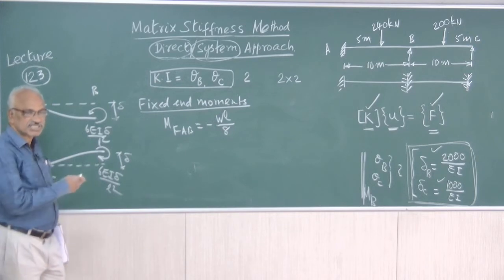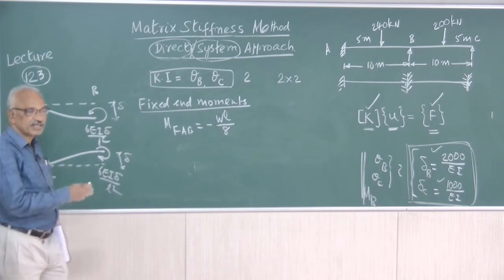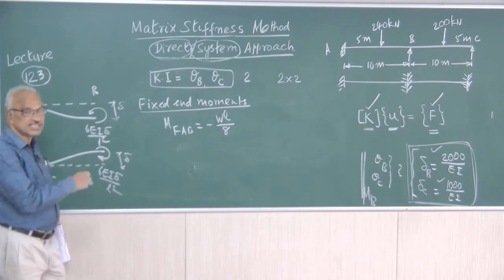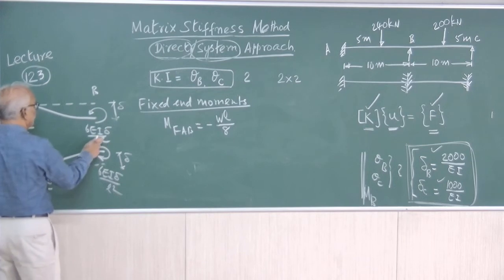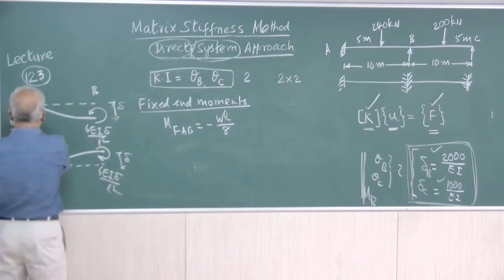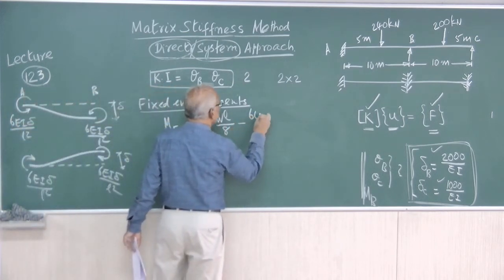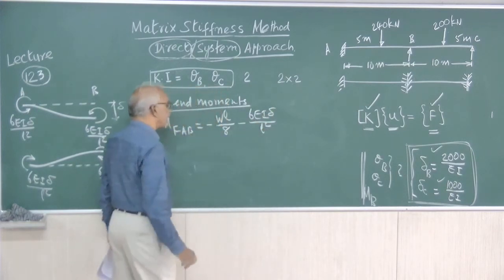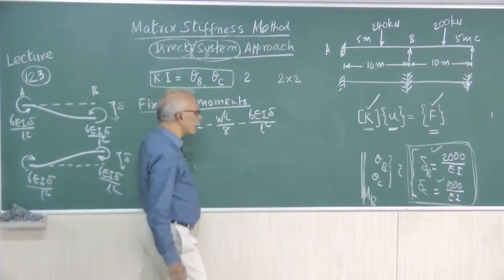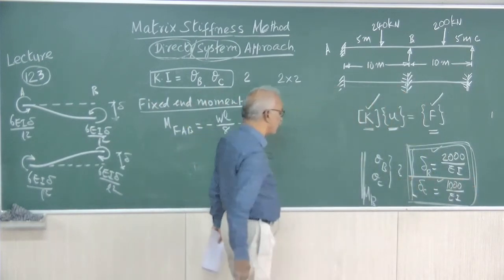This we have discussed in the earlier classical methods, so let us avoid spending time on discussing this. It is minus 6EI delta by L square at both ends, so this moment will get developed at both ends. Therefore, at the left support, due to the settlement of support, minus 6EI delta by L square. So that we have to incorporate. The settlement of the support we have to incorporate in the calculation of the fixed end moments.